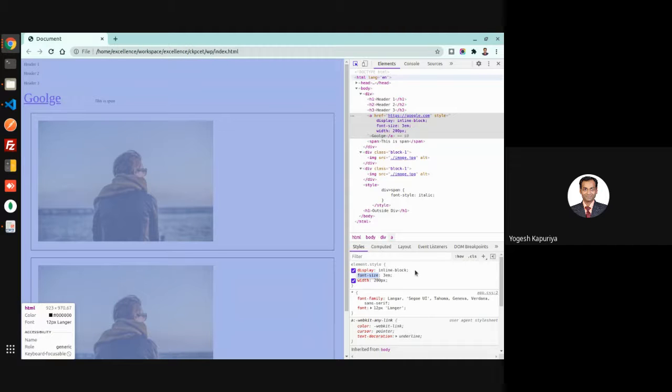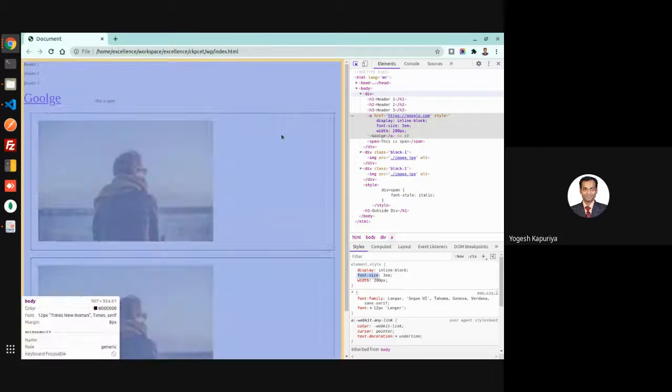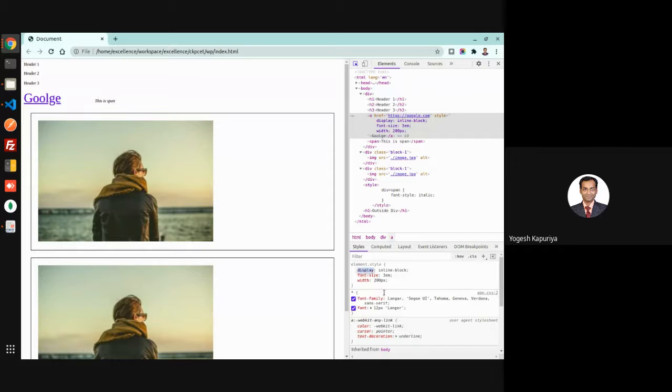We'll discuss flexbox at some other time, but that also comes under this category. By default, CSS3 has these various values. You have block, contents, flex, which we will discuss later, grid also later, then inline-block, inline. These are related to flex and blocks, and then you have values related to the table.